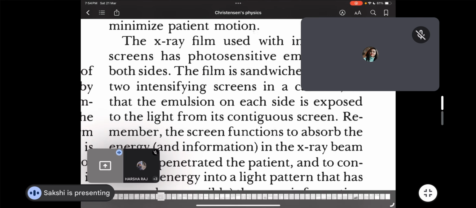Double-sided emulsion will be there because the intensifying screens are on both sides. This is how the construction of the intensifying screen will be. They will capture the light from both sides because ultimately the intensifying screen principle is to boost the sensitivity, which we studied in the first line. Both the screens will emit light which ultimately exposes the emulsion layers on both sides of the film, and that will ultimately reduce the radiation dose needed for best image quality.